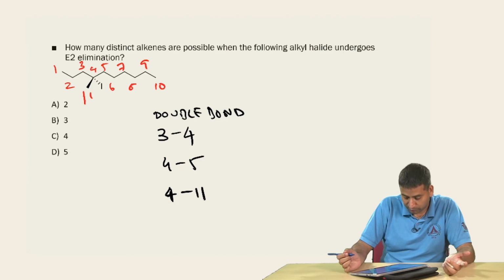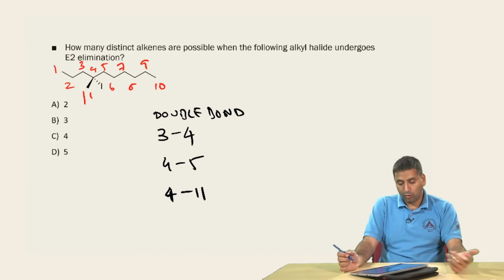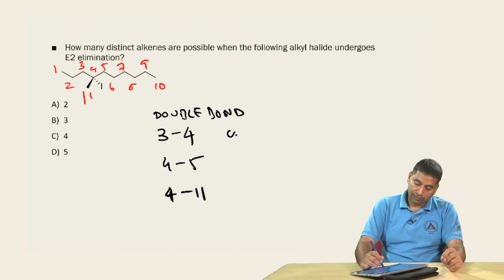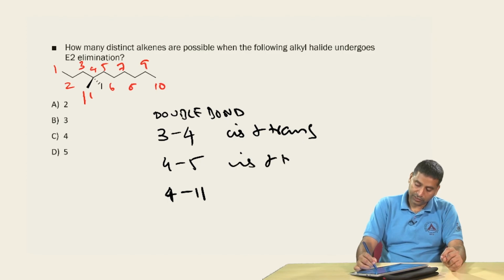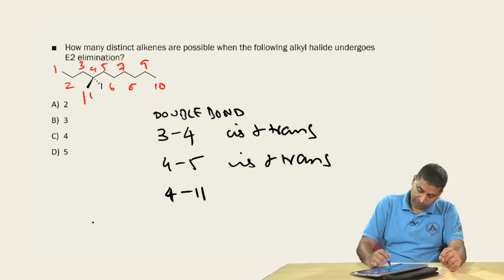So, that is the third possibility. But now, if you go back to the double bond between carbon 3 and carbon 4, you could have cis and trans or Z and E. Similarly, here you could have cis and trans. But in the case of this double bond,